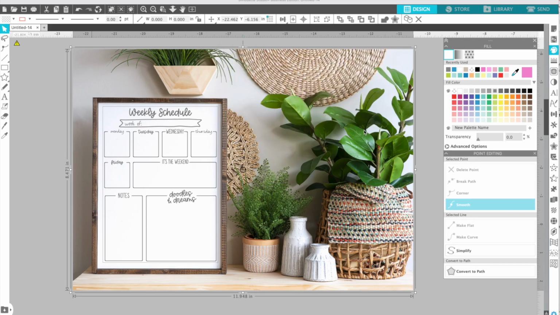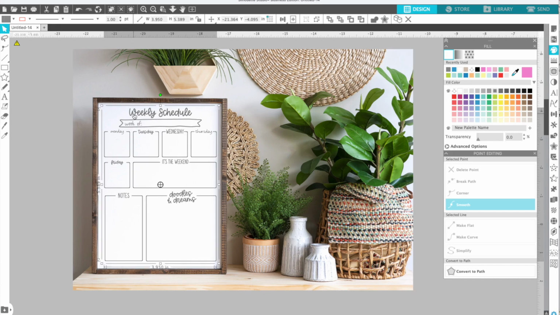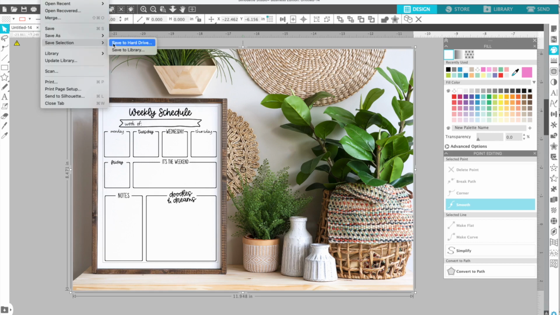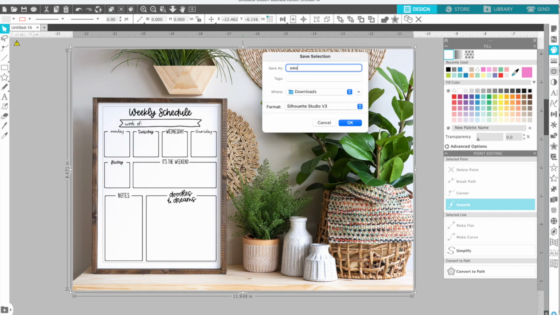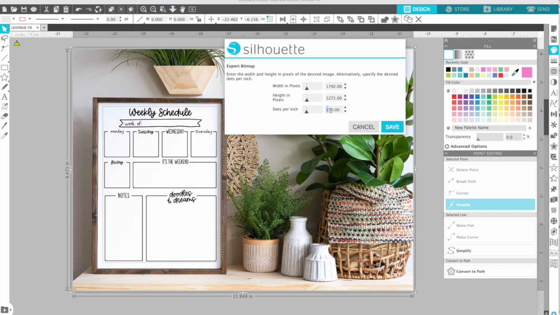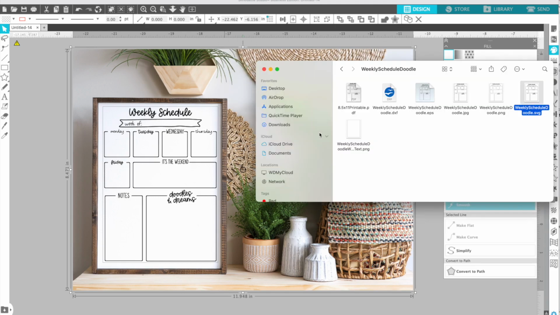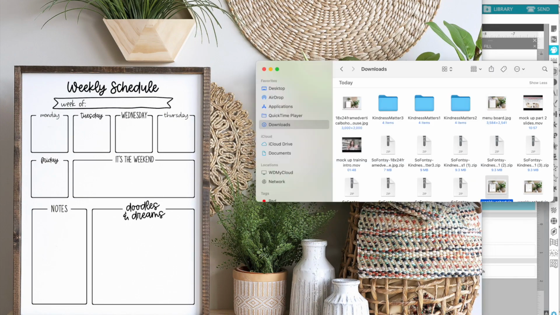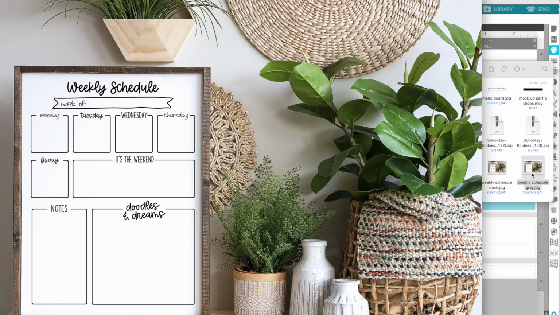Okay, and now you can give that option, but you want to tell people that you also have it in black. So you simply change the color, save it again, and this way now you have very, very quickly created two mock-ups with the exact same design and the exact same mock-up. And you have done it extremely fast and efficient and with a beautiful photo, all in Silhouette Studio, and you're able to export. And so you saw just how very quickly we were able to make all three of those photos. So we've got the weekly schedule in black, we have the weekly schedule in gray,